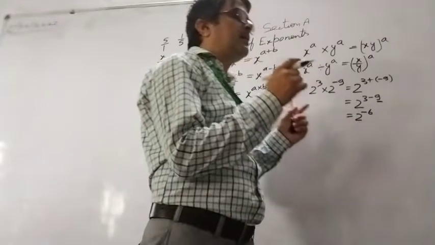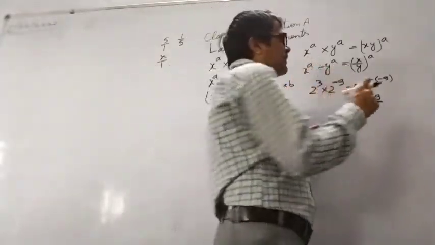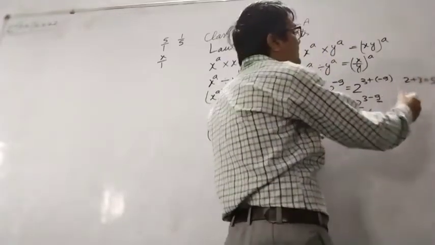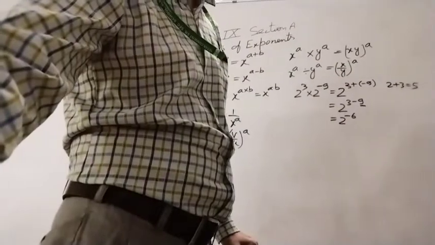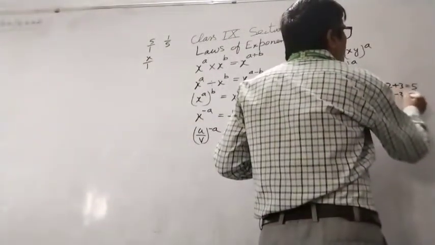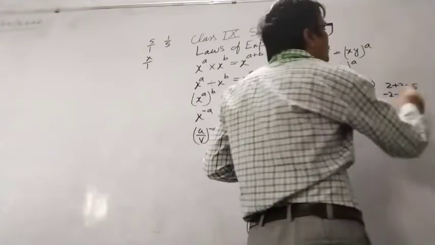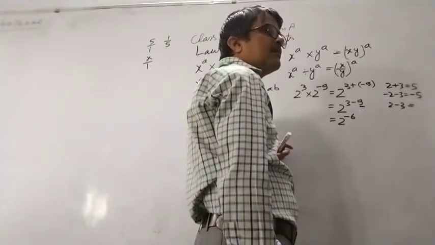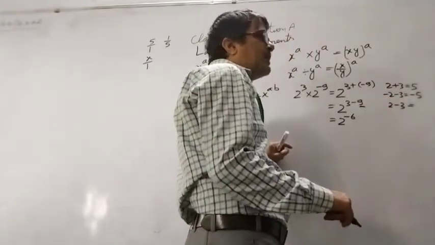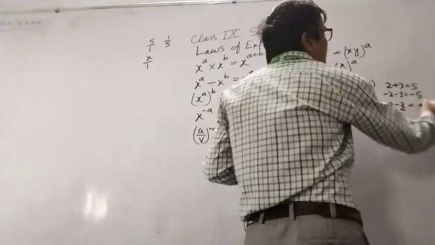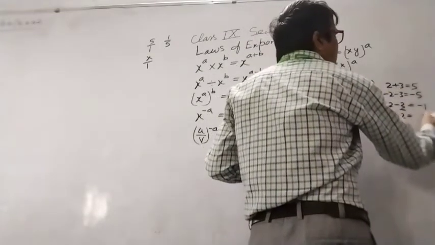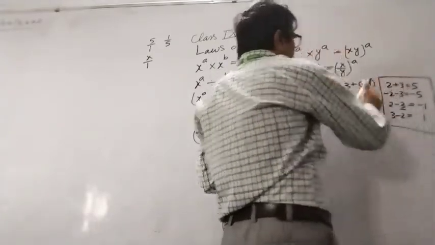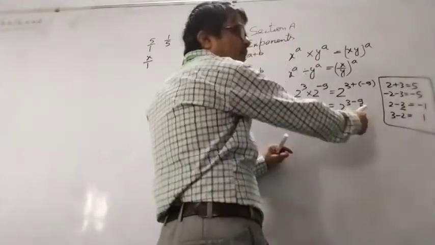In case of two numbers, if both are positive, the sign is plus. If both are negative, the sign is minus and both are added. In case one is plus and the second one is minus, you have to subtract, and the sign will be of the larger number. Minus 1 plus 2 is equal to plus 1. You have to follow these rules. Now, this question is not completely solved.